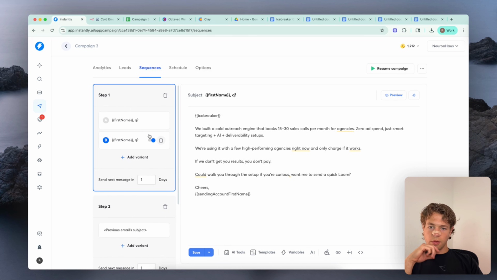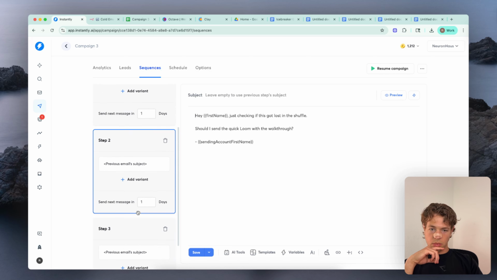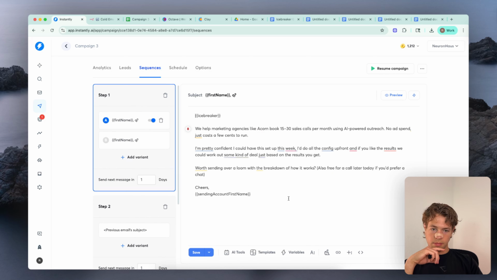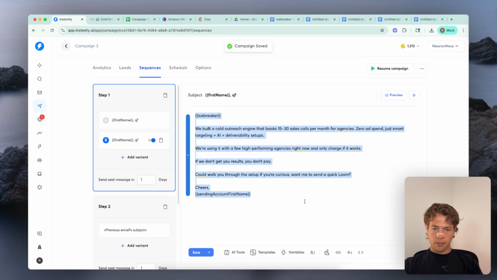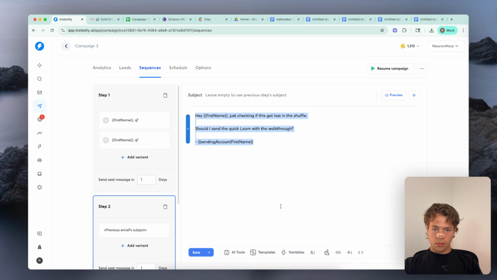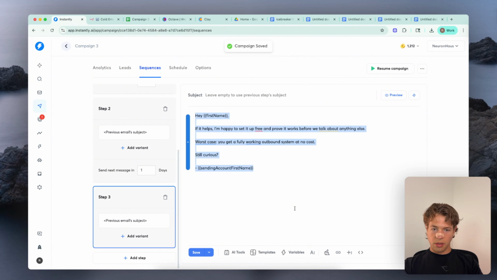All right, now we got our 2 variations here, 2 follow-ups. Make sure to clean this HTML. Improve our deliverability a little bit, hopefully, just in case.